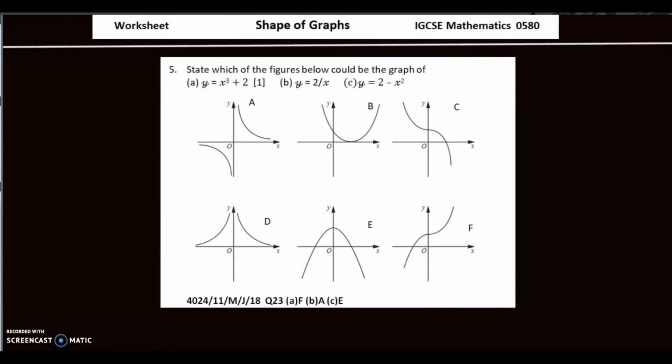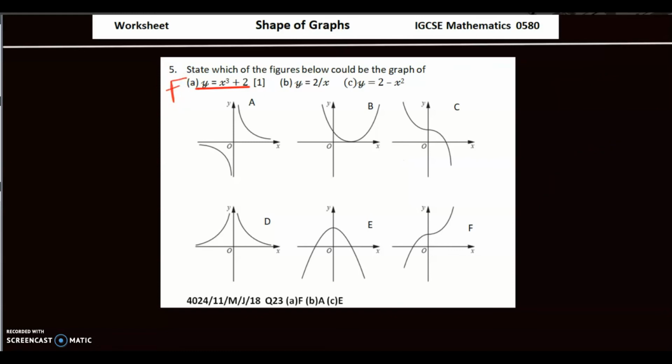Question number 5. The first equation given is this: y equals x cubed plus 2. So we're looking for an S-shaped graph that goes 2 units up. So this has to be it. No, it could be this as well. So which S-shaped graph? X cubed looks like this. So it's going to be this. Negative x cubed looks like this. So the answer should be part F. Part F is the answer for